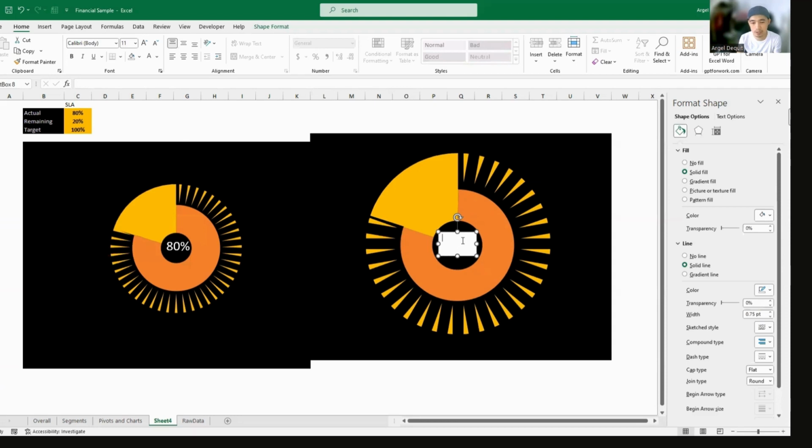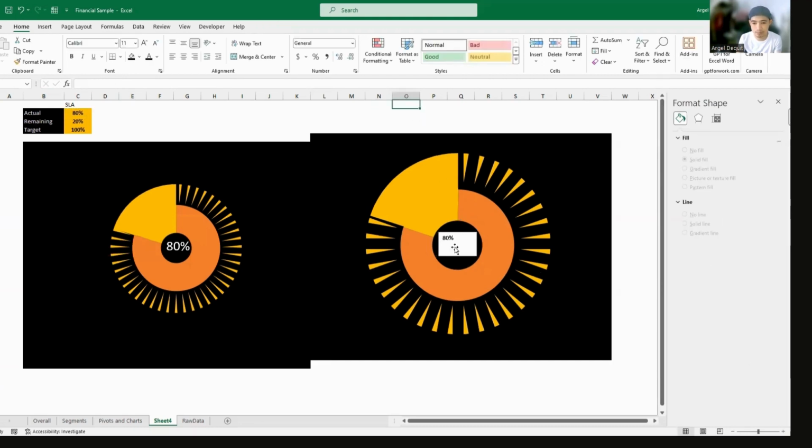We'll be adding an equal sign, by the way. You have to put that in the formula bar, click on equal, and link it directly to the actual value. Make sure it's C2, locked, meaning with a dollar sign, right? So click OK.